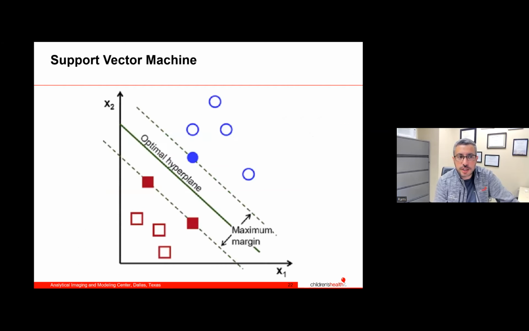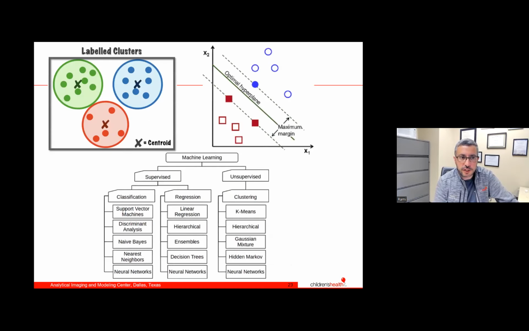Now, support vector machine is a similar idea, but instead of separating them into clusters, it tries to separate the data by something called the hyperplane. It tries to find where your data is and draw this imaginary line to separate your groups. These 2 ideas, K-means clustering and support vector machine, are similar, but they are different in that support vector machine falls under the supervised machine learning model, whereas K-means clustering falls under unsupervised.